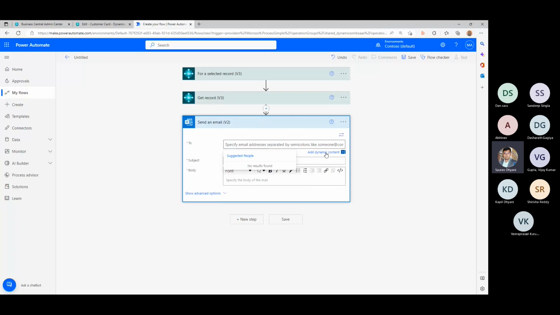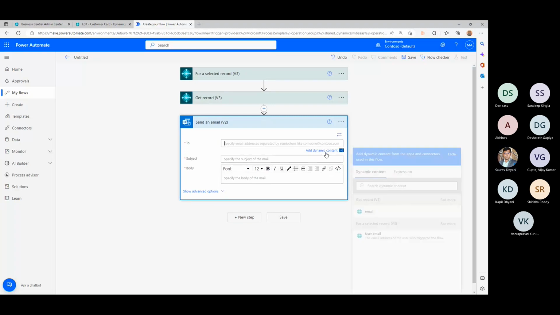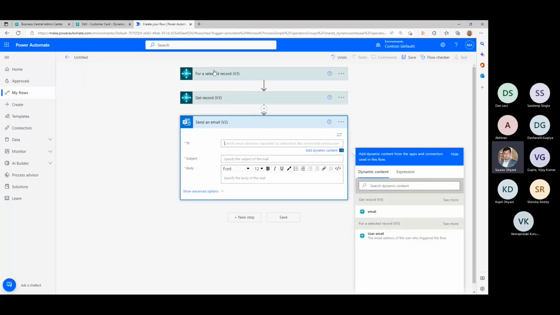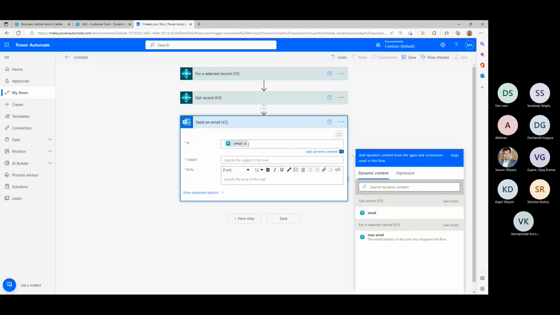I just need to click on here called add dialog and select what's available for me, either from this or from this. And they will be grouped in these different areas. These are just suggestions, as you can see, but you can always click on see more if needed. But these are just suggestions based on the automatic detection of what kind of field you would be looking at. So from the record, let's say I'm looking at the email. It'll automatically translate it to whatever the value is that you have in the customer card email field.